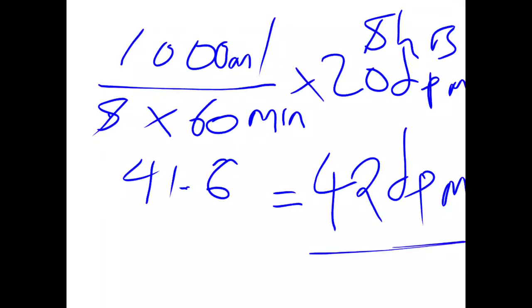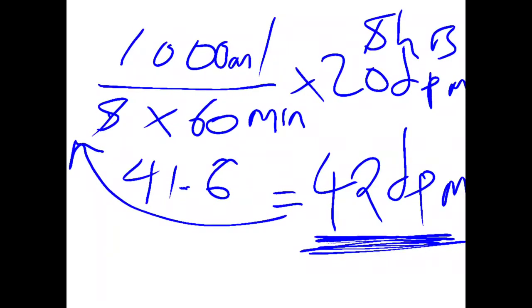Meaning when you put up the IV line, you need to count about 42 drops in 1 minute. This will mean that if you are able to give 42 drops in a minute, at the end of the 8 hours that the patient is supposed to take these fluids, you would have given 1000 mils. So this is what it means. I will repeat the statement. If you calculate the drops per minute, and when you put up the IV line, you find that the fluids are dropping at 42 in 1 minute,